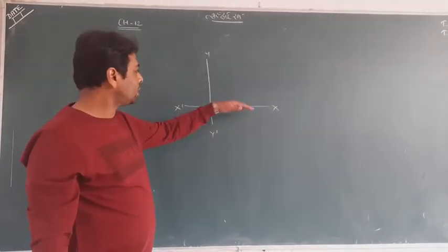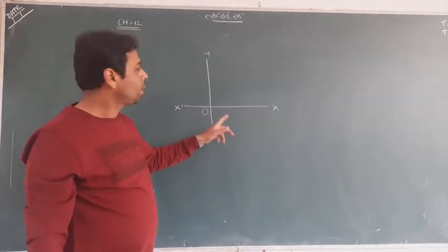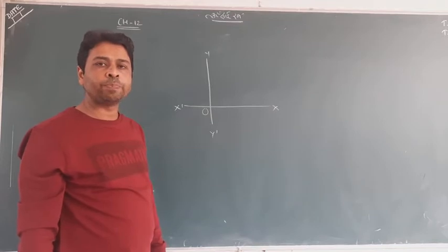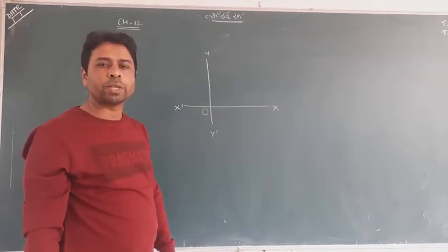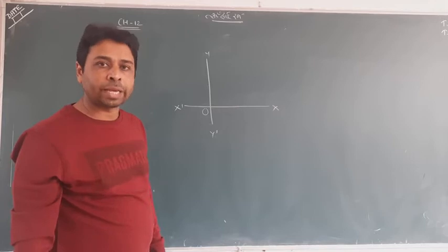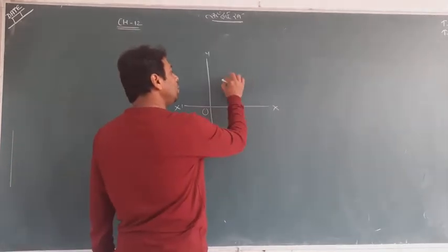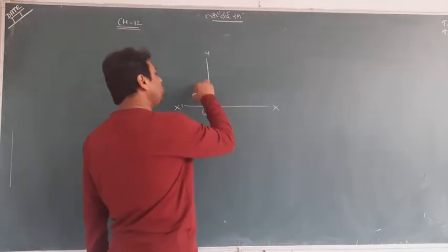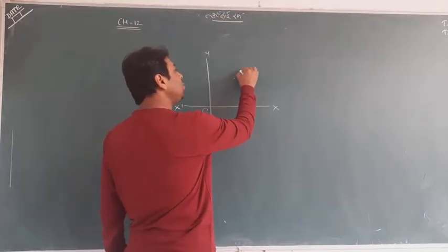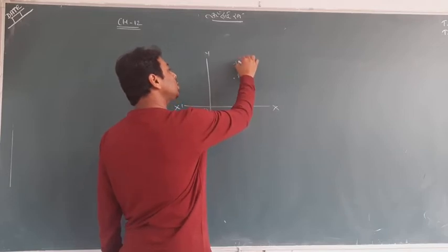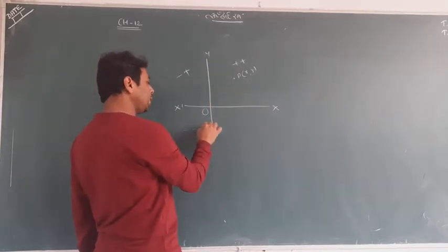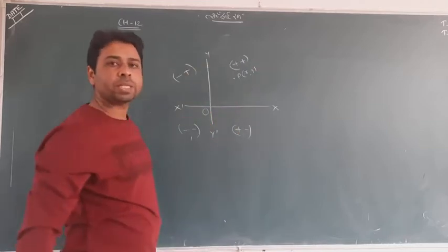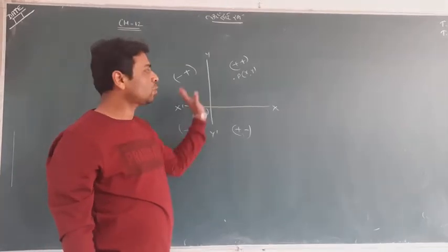These two axes, x dash and y dash, intersect each other at 90 degrees. That is very well known in class 10th and 11th. In this class also you read a little bit in the chapter on line. You know we have four quadrants. Suppose I take any point in the first quadrant, its signs are plus plus, or minus plus, minus minus, and plus minus. This kind of coordinate lies in these quadrants.